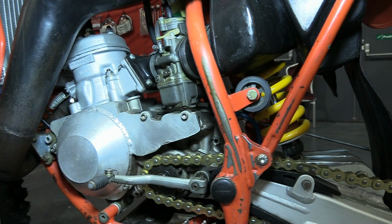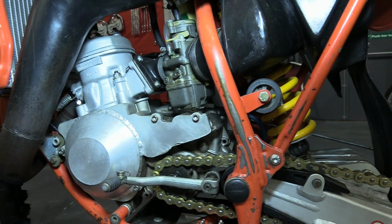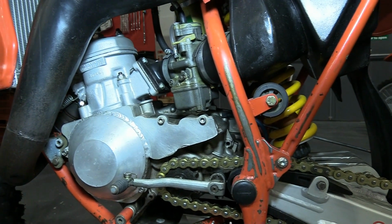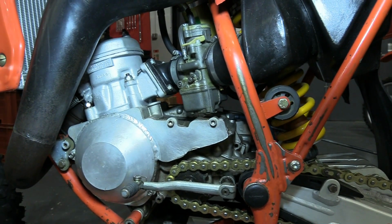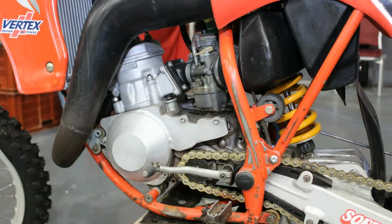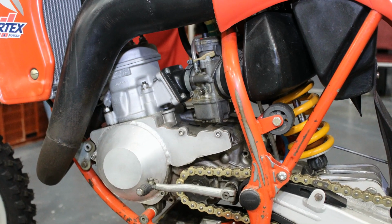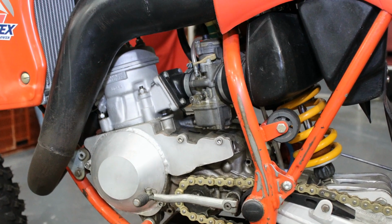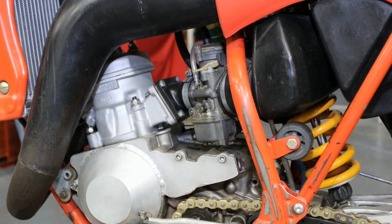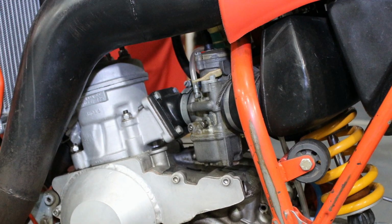Now, our particular Cagiva motor here looks like it's had a homemade ignition cover manufactured for it from a piece of alloy, which is probably because original casings aren't that easy to come by for these bikes these days. But as you can see, it was fueled through a reed valve block that was fed its gas normally by a 36mm Italian made Dell'Orto carburetor, and it's also been fed its air through a foam filter that was fitted